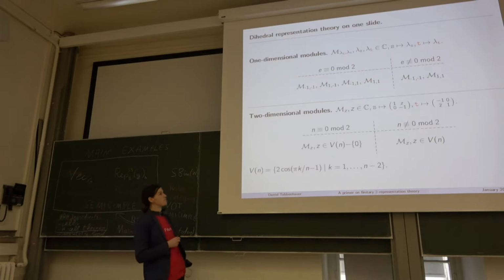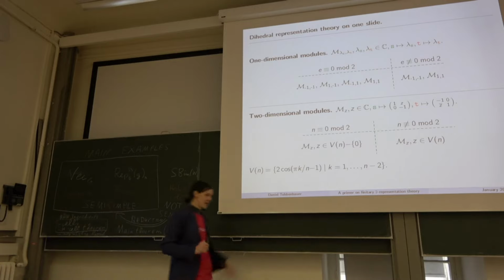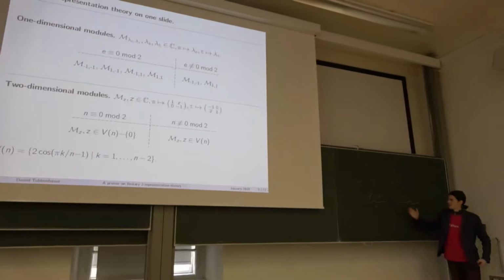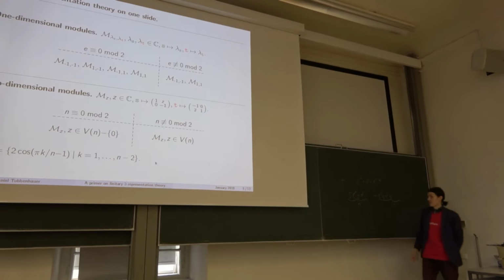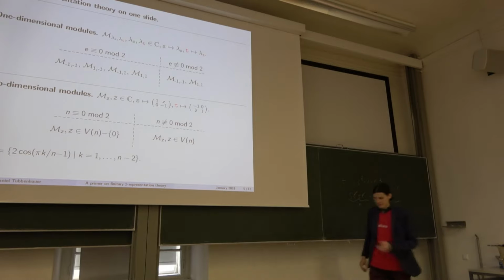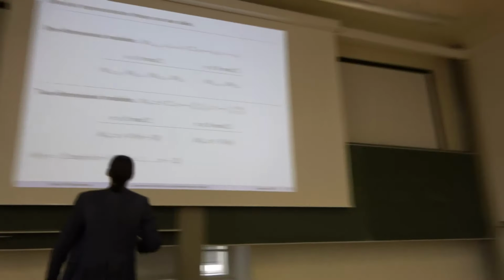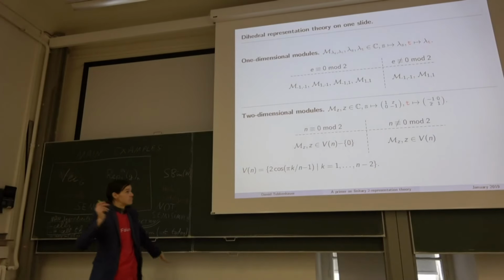Okay. And now I want to classify for you, on one slide, the simple representations of the dihedral group. You can basically ignore the one-dimensional ones. If you think about this relation and you want a one-dimensional representation, you can send those two generators to some element, and because of this relation, you get independence of whether it's even or odd. But in the end, you only end up with two or four of them, and they are given by specifying whether you send S or T to 1 or minus 1.